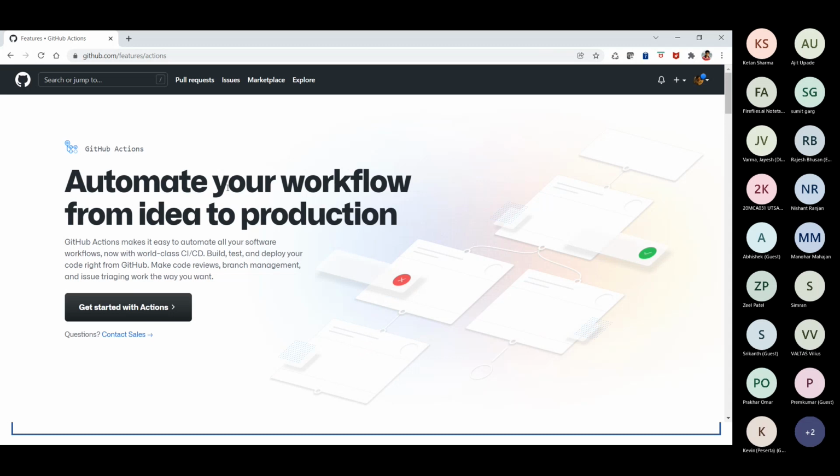I'm not having this on premises, but this option is available on your premises also when you install GitHub. The same option will be available there for you. But I'm using a cloud version right now.